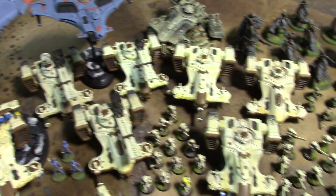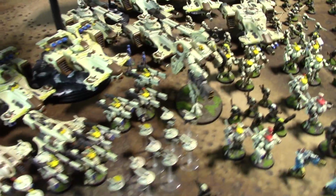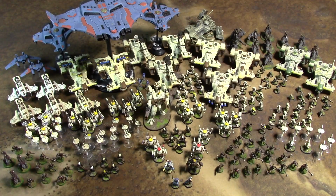So it's been a long time in the process of getting this done. Any final thoughts? I would just say that the rewards of a big army are self-evident in that, even in times when I'm maybe drifting a little more out of the hobby, or I'm less interested in a particular army, it's really difficult at the end of the day to set up all your toys and take a look at them all and not get excited about the game and not want to play. Just pulling these guys all out and photographing them for the first time in 5 years makes me